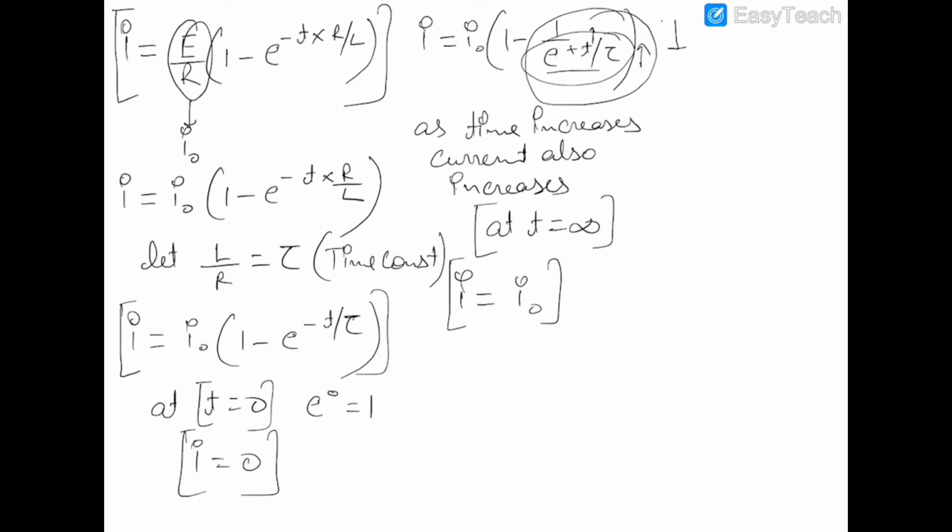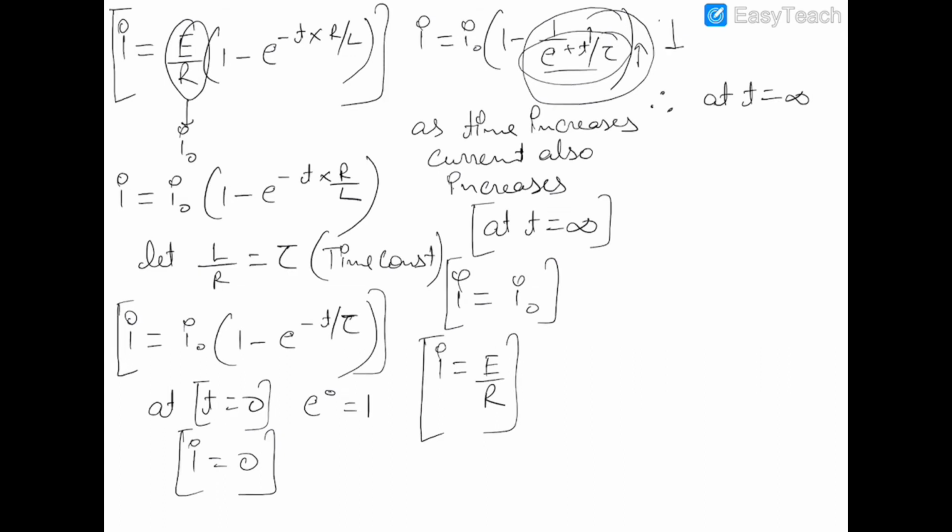So I would be equal to I naught, where I naught was E upon R. Now what does it mean? Therefore I am writing that at t is equal to infinity, if I draw the circuit, then I can say